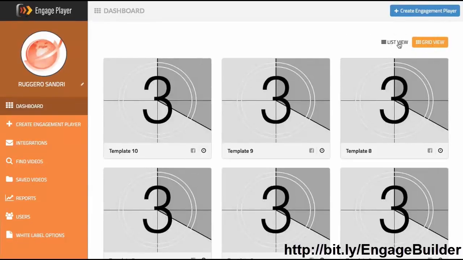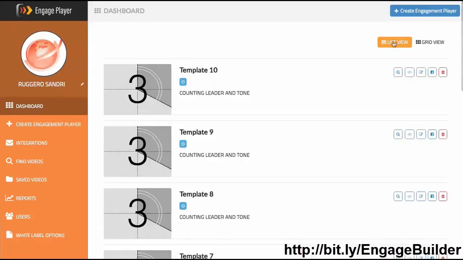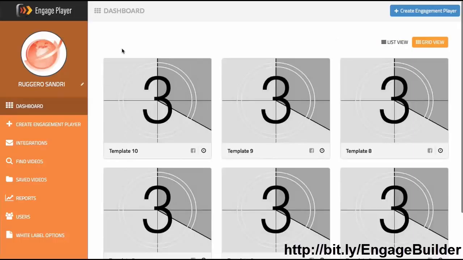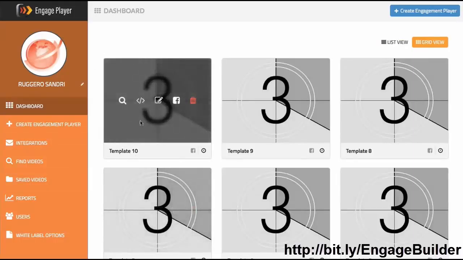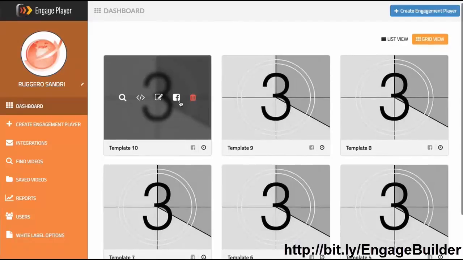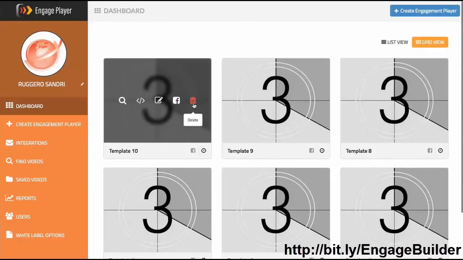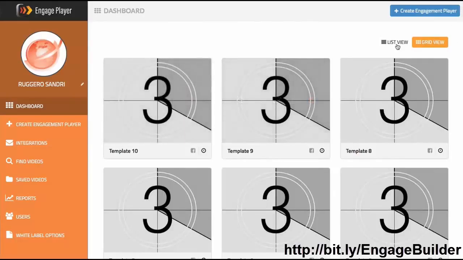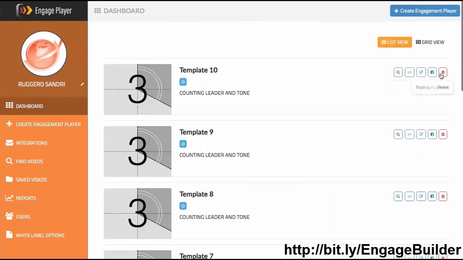Basically, we provide two different views. There's the grid view and then the list view here. On grid view, it will display the name of the engagement, as well as if we roll over, we can take a look at the preview, grab the embed code, edit it, push to Facebook, which I'll show you is a part of the premium plan, so I'll show you that in a bit. And then, of course, delete it. Now, those same exact options are available on the list view as well, right over here. All right,